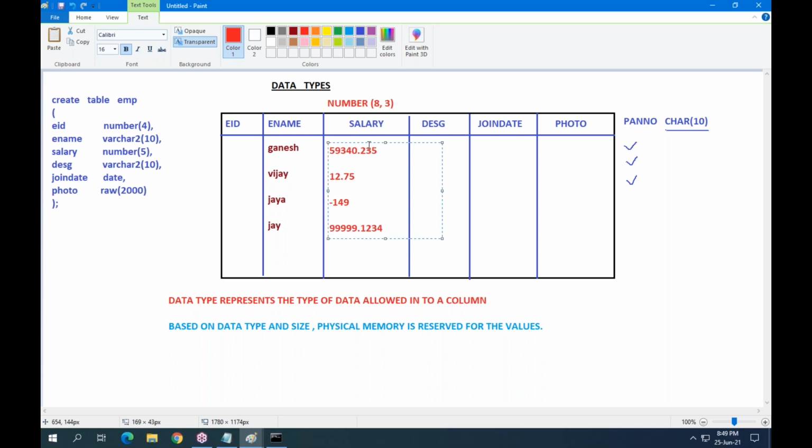Everybody find out which values are valid and which values are invalid.